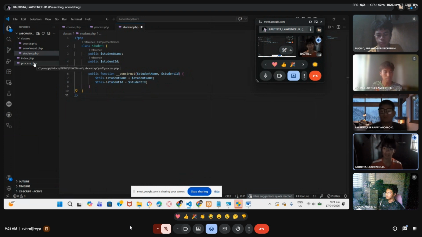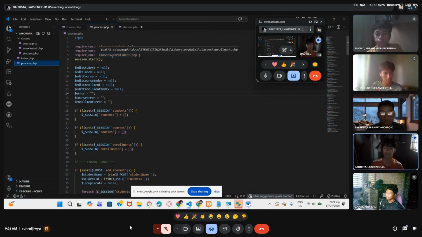And let me discuss the process or CRUD of the student. So we have the process.php here. For this file to start, we have to declare the required classes, which is the classes folder and student.php. So for our student, we have edit student equals null and edit index equals null.